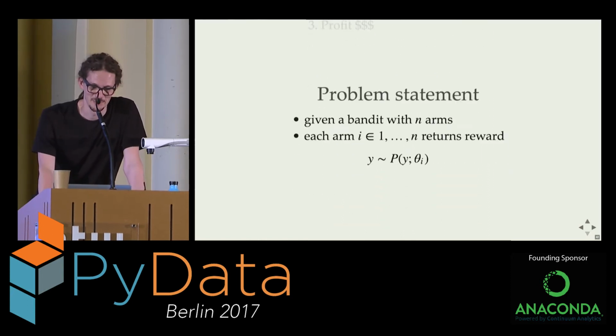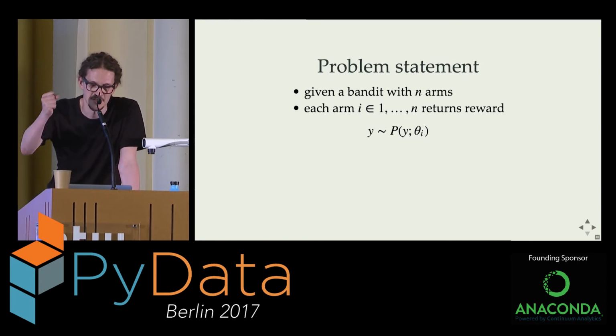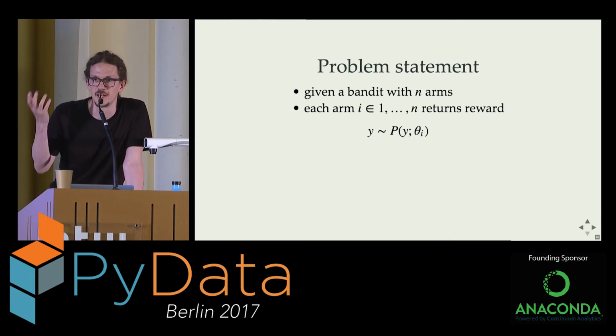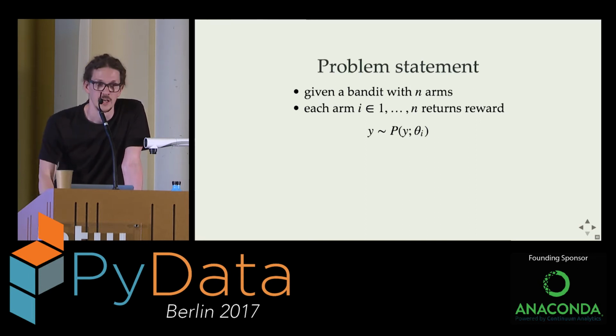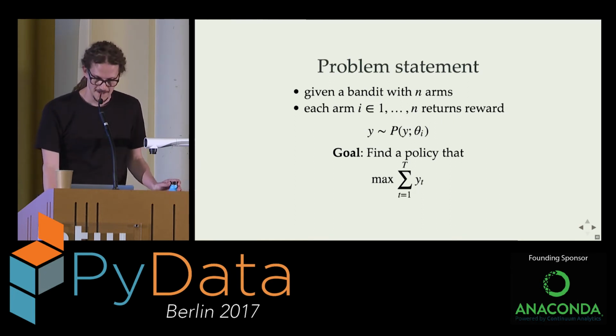Of course, you can do that a little bit more formally, and let's do that. So the multi-armed bandit problem statement: given a bandit with n arms, each arm i returns a reward, which is sampled from a distribution. Which basically means if I have Bernoulli arms with a certain probability, I get 1 token when I pull the arm. And now the goal is to maximize the total reward that I get over time. Just basically find a policy that allows me to get as many tokens as possible. Yeah? Okay.